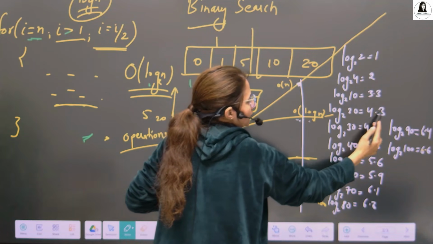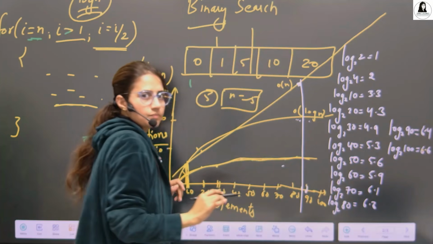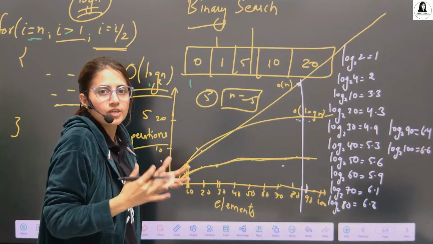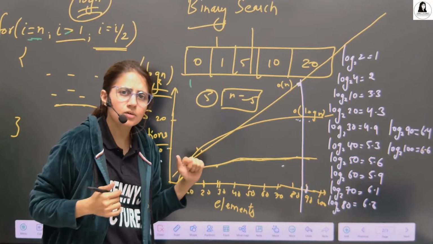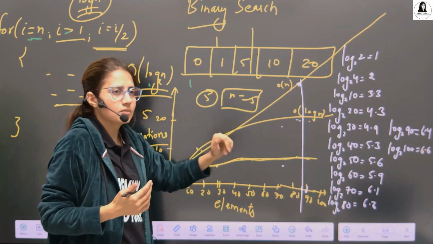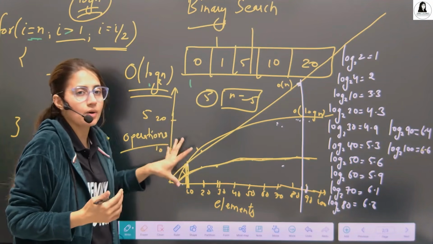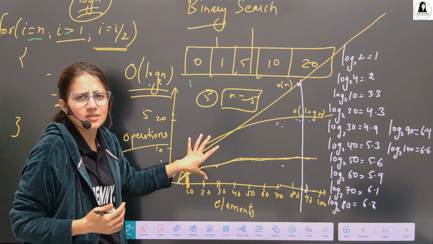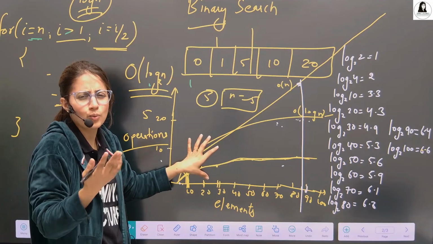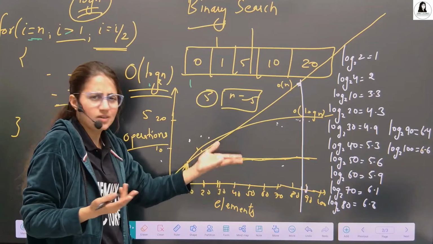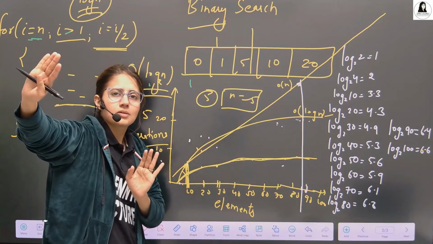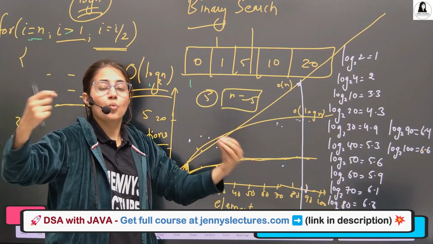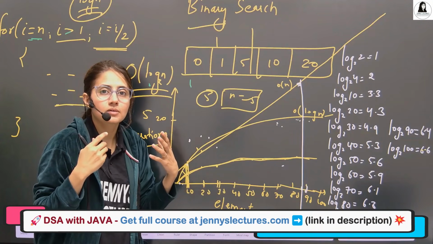So this would be steadily, something like this only. So this gap would be increasing. So which one is better when you consider larger data? Obviously log n is better because there we have less number of comparisons. In starting it doesn't matter. For small data it doesn't actually matter. For 10, 20, 30 it doesn't matter. That's why we consider larger amounts of data while calculating time complexity.